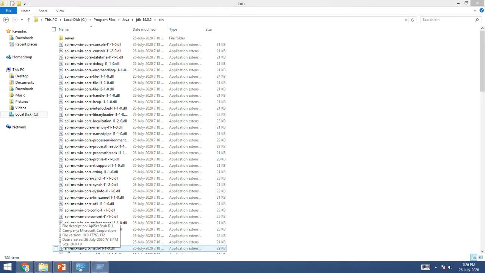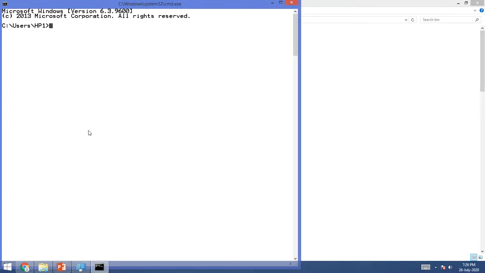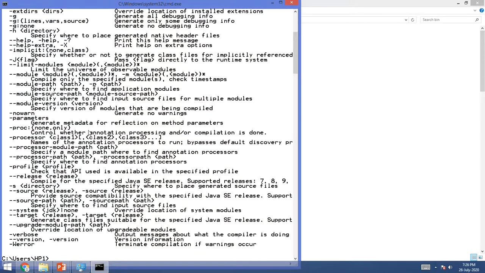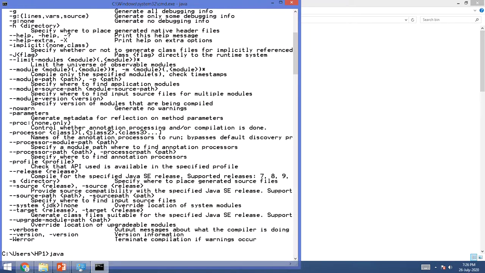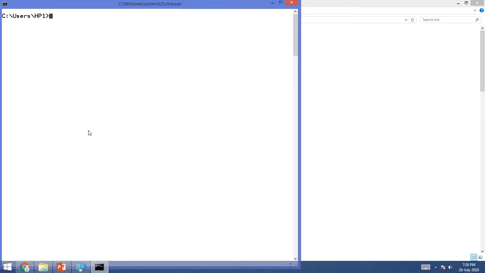Now if you go to command prompt, let us see whether we have done set path properly or not. Now you type javac. Yes, we have done set path properly. Then you do java. Both the commands are running properly. That means we have properly done set path through environment variables. The advantage of doing it through environment variables is that you do it only once. So any number of times you open command prompt, the set path will be there permanently.